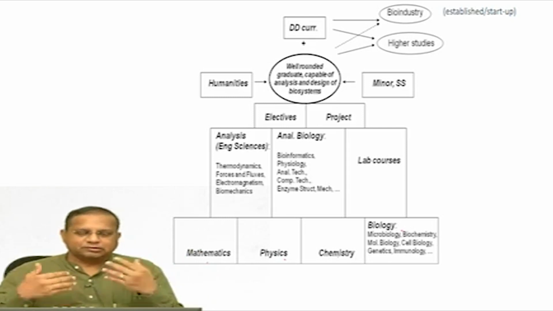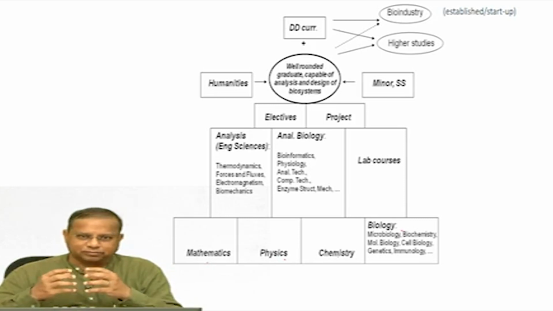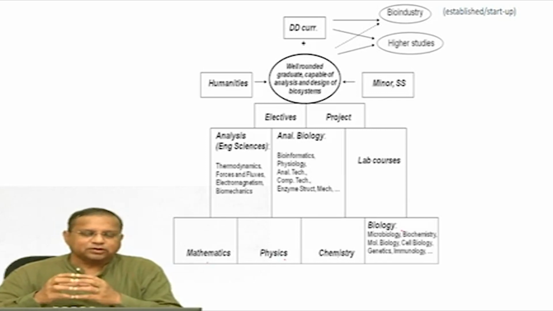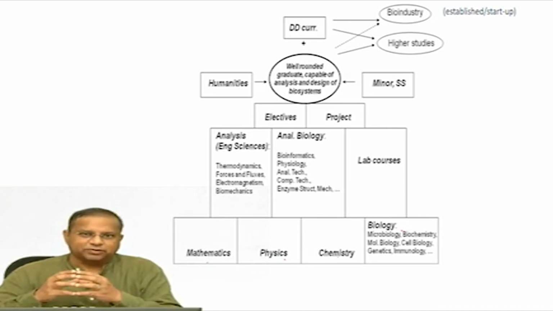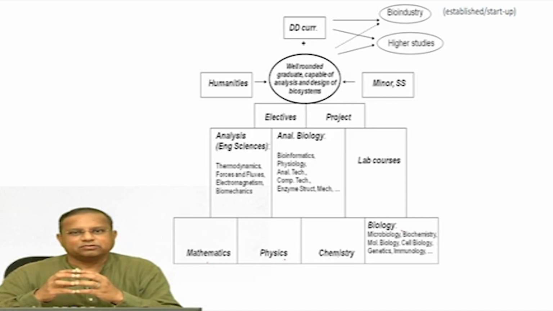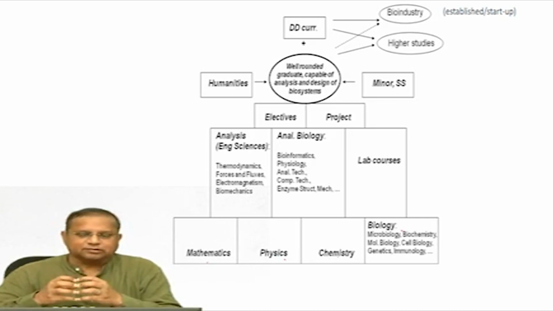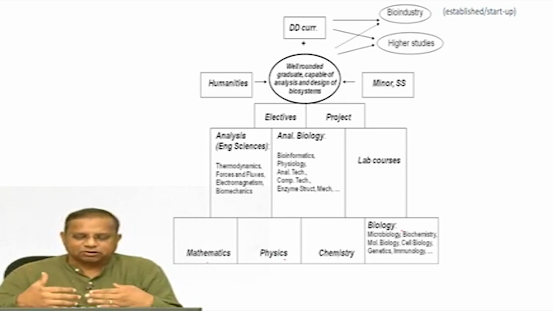On top of this base, you have courses that provide you with means of developing skills of analysis. That could include analysis of the engineering sciences. This is where thermodynamics comes in. It's one of the central pillars of analysis. In fact, there are not many pillars there: thermodynamics, then transport, and maybe mechanical aspects. These, I would say, are the 3 pillars of engineering analysis for biological systems. And then, of course, you need to understand biology from an analytical perspective. There are a lot of courses for that,